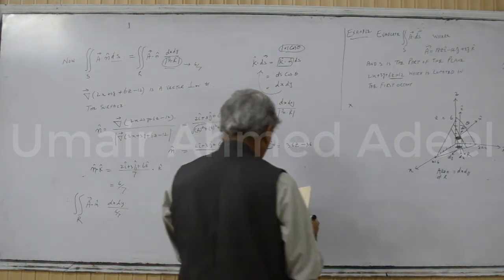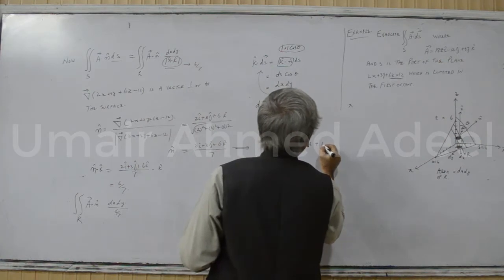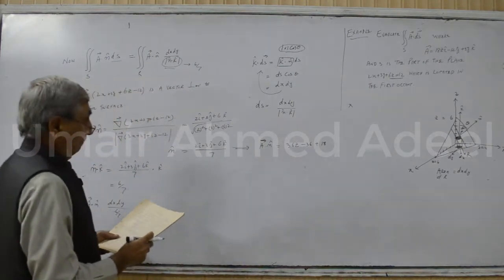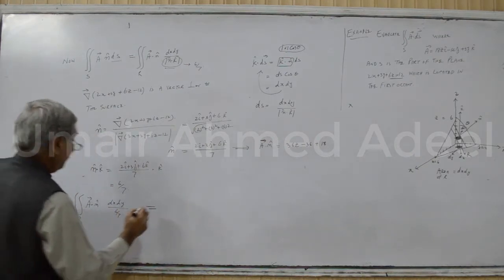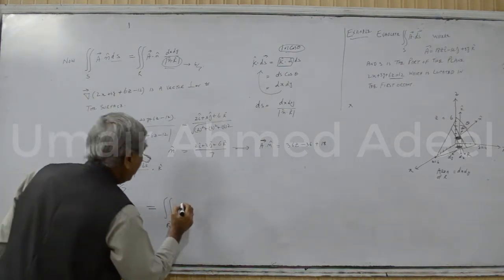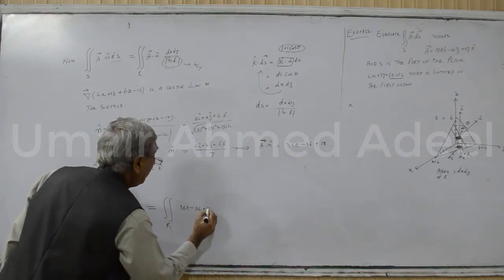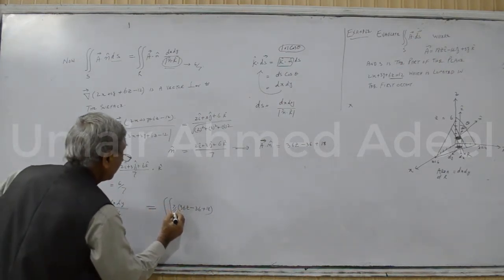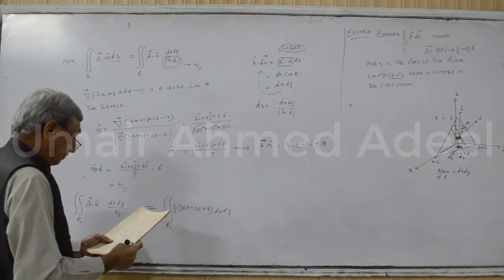It is minus 36, plus 6 k dot k, that is 18, k dot k is 1, so this is your a dot n, which is a scalar quantity, and hence this will be equal to 36z minus 36 plus 18, and this will be inverted, 7 by 6 dx dy,